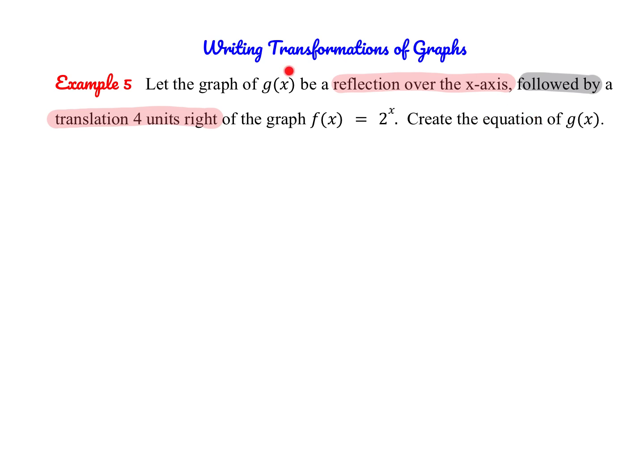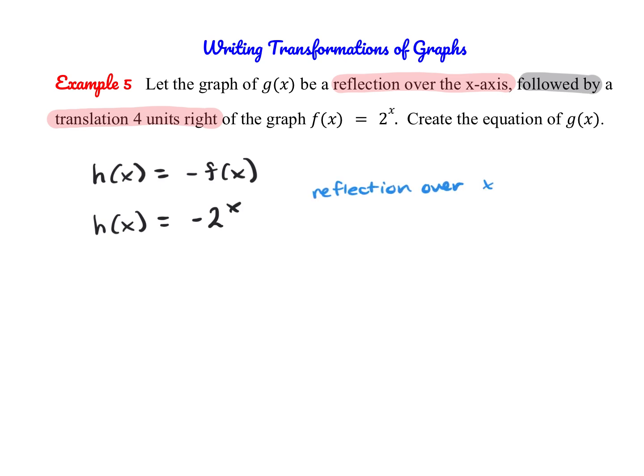So now you'll see here that we actually have 2 rounds of transformations. So when I do my reflection over the x-axis, I'm going to start with just general transformation form. I'm not going to call it g of x yet. I'm going to start by calling it h of x. So if I want to start with f of x and reflect it over the x-axis, I know that I would multiply the entire function by -1. So that means that h of x, again, I'm just taking this function and I'm putting a negative out front. So this would be my reflection